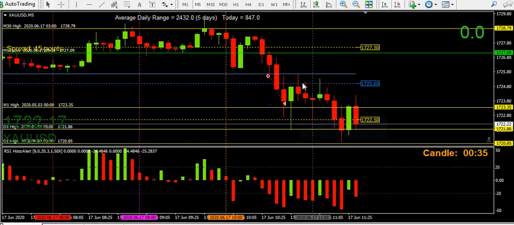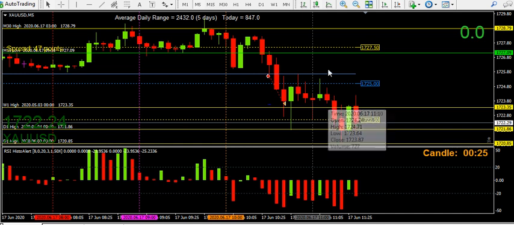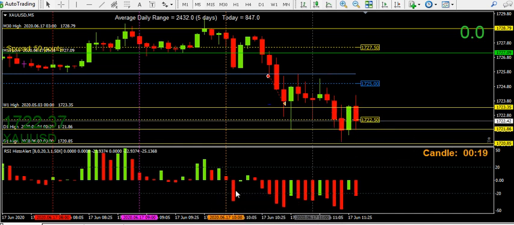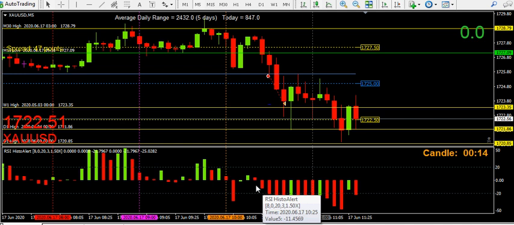Expecting a bounce off of that high, which did happen. An old weekly resistance, being tested, and then acting as support. And then you can see the price is pushed down again. So we didn't get really a break and close before I entered, but we did get a bust and break and close.